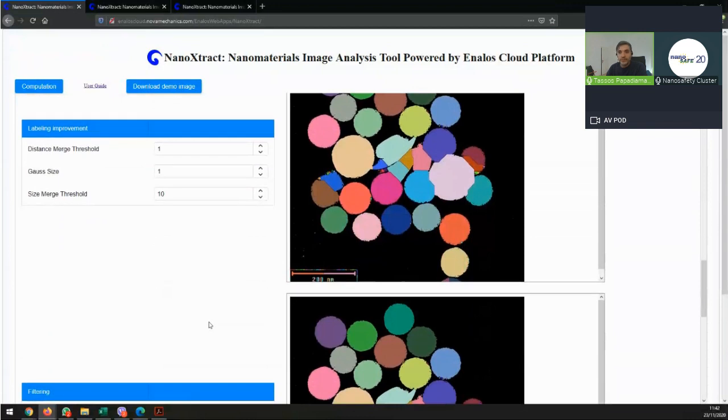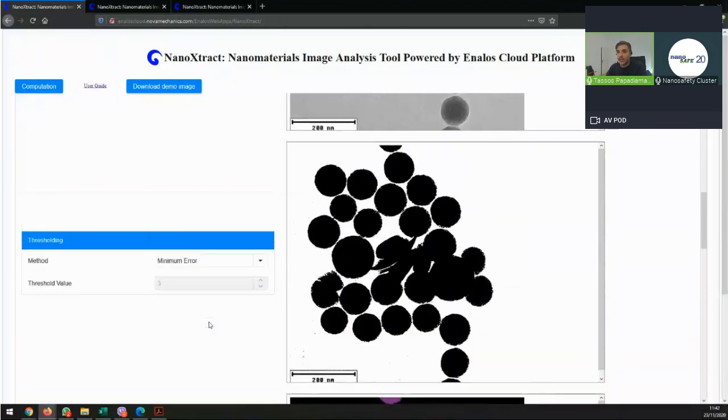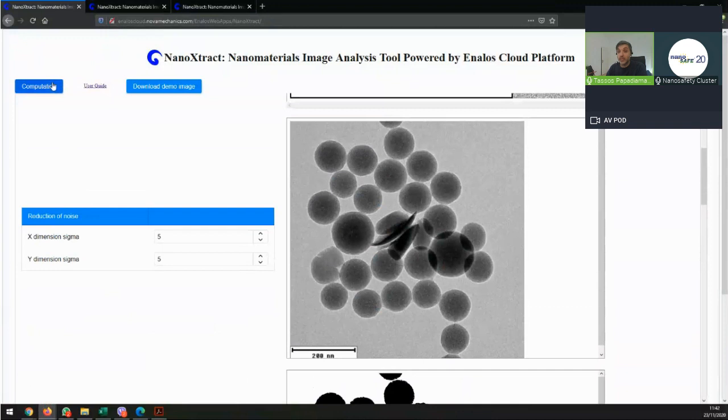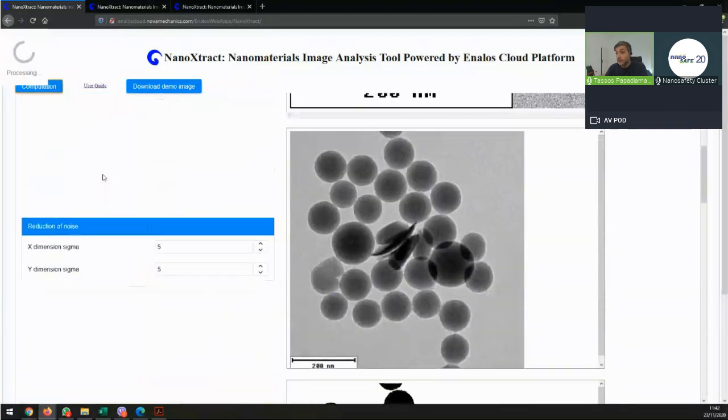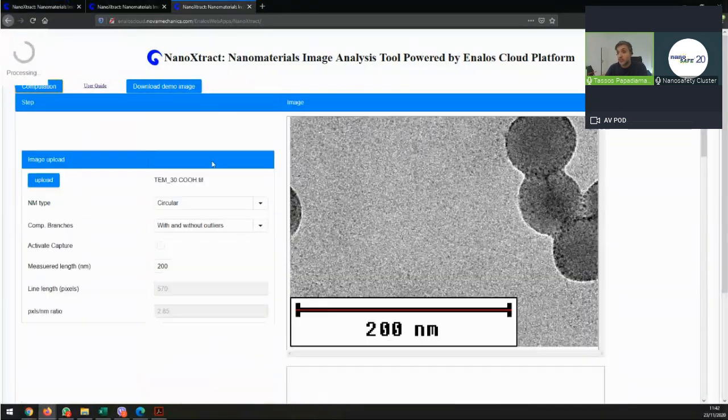So increasing the blurring sometimes may help a lot with what you're trying to do. So let this run. This runs as well.